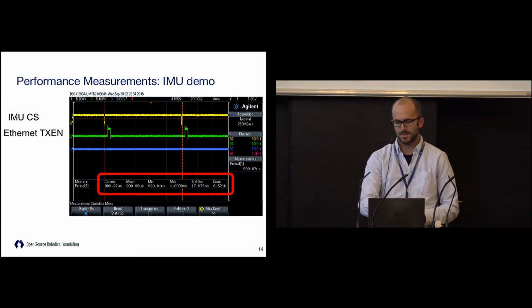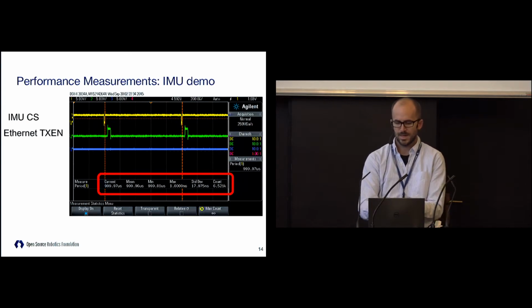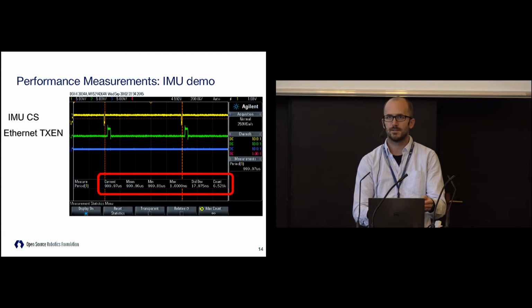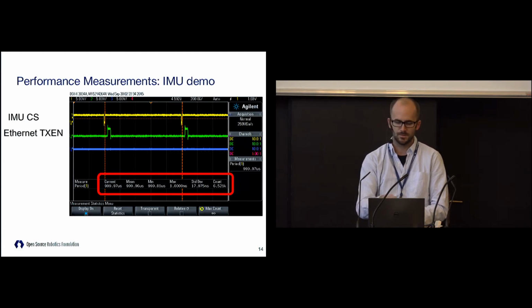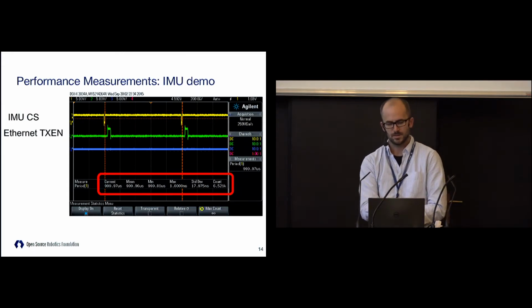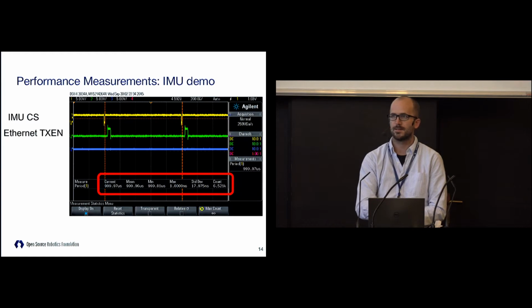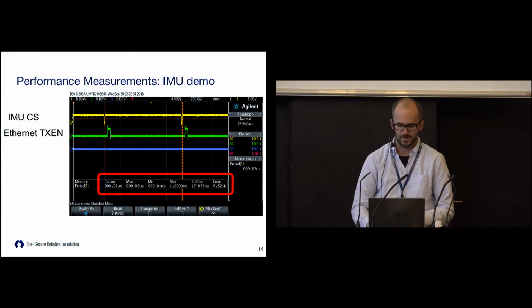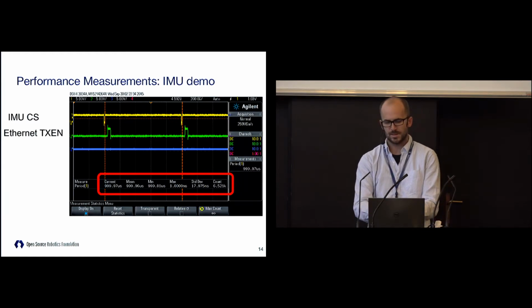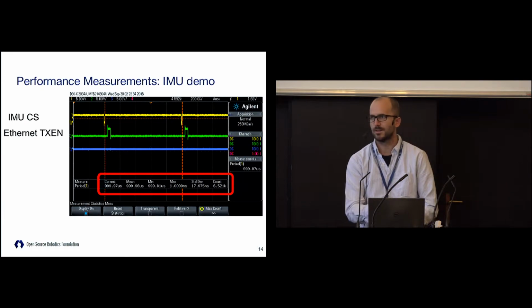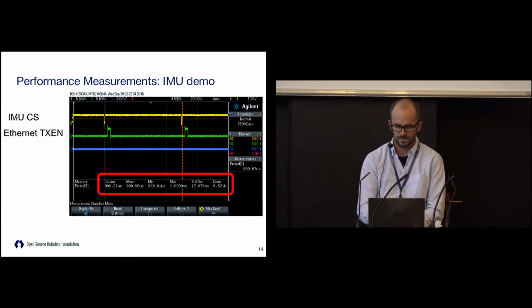Anyway, on that box where I've circled that in red there, it shows the standard deviation of the time period here. So that yellow trace is the chip select line of the inertial unit, the accelerometer. When you pull that low, you talk to it, you put it up high because you're done talking to it. Then the green trace shows when we're actually sending Ethernet packets. So that line goes high when you're blasting stuff out on the network. When there's nothing, this is a clean network segment now, this shows the jitter standard deviation is 20 nanoseconds. That's pretty good. That's like one clock cycle, essentially, of the clock that's running the Ethernet transceiver.